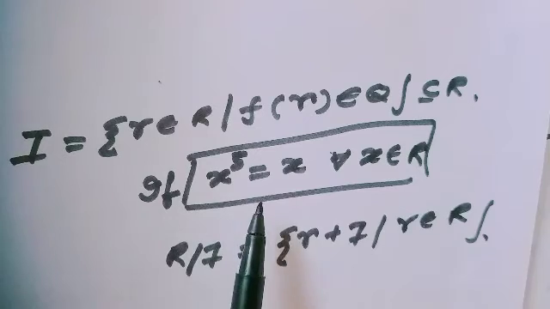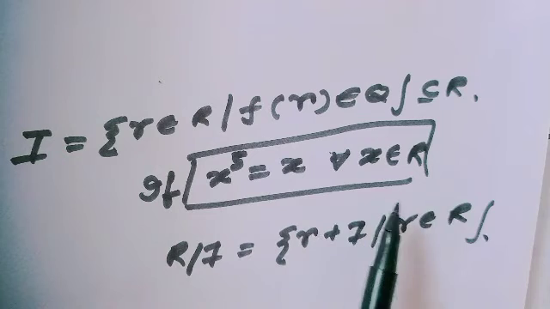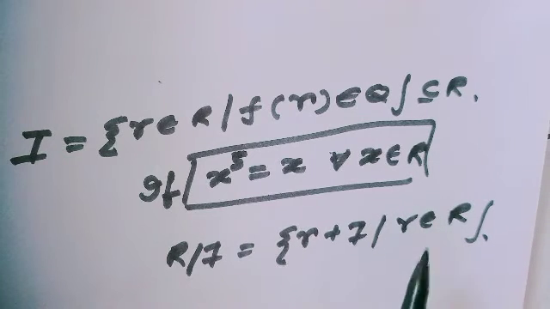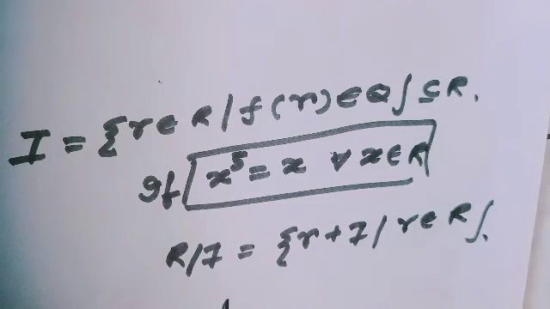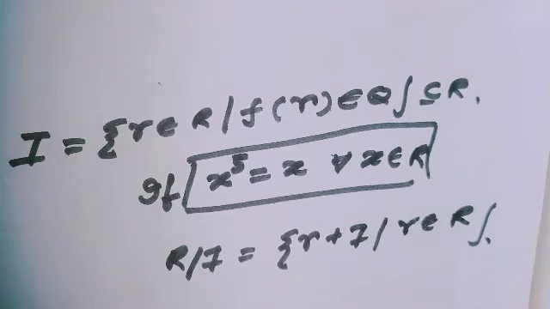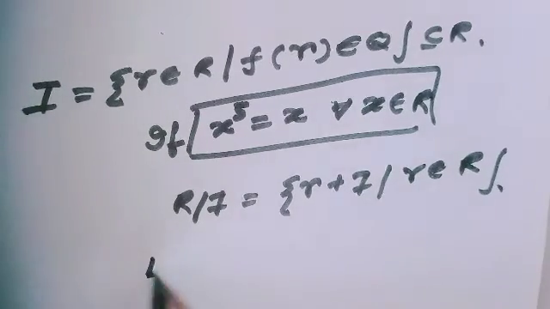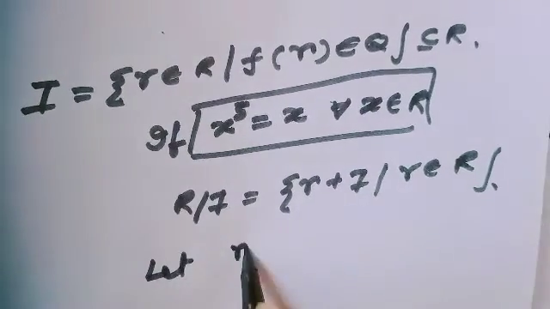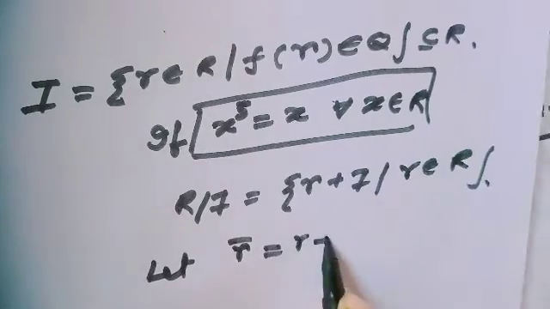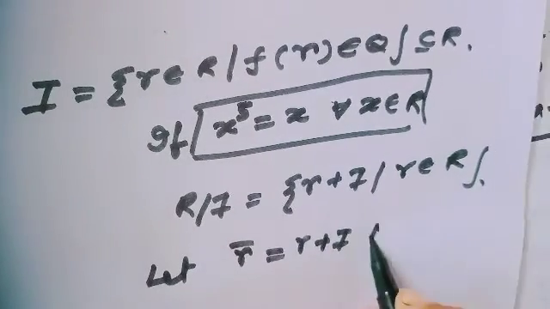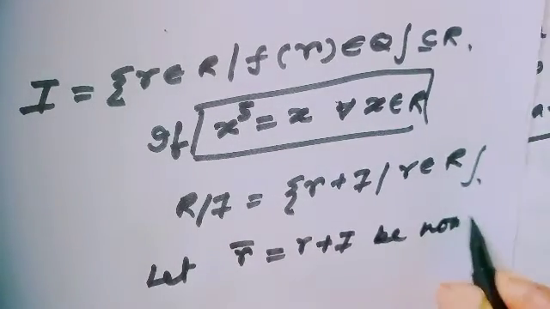For this condition, x to the power 5 equals x for all x belongs to R, if we can prove R modulo I is a field, then obviously the ideal I is a maximal ideal. For this, let's consider R bar, which is equal to R plus I,